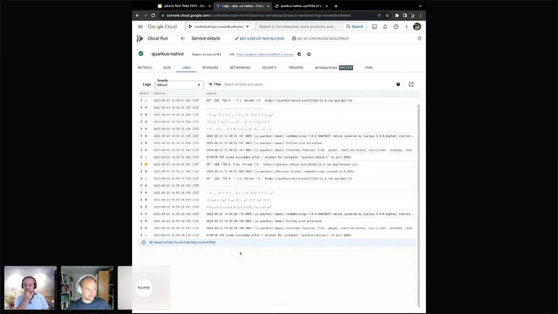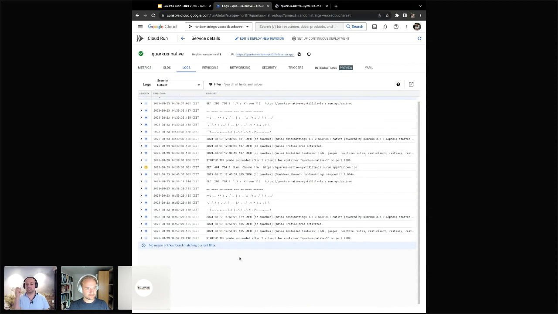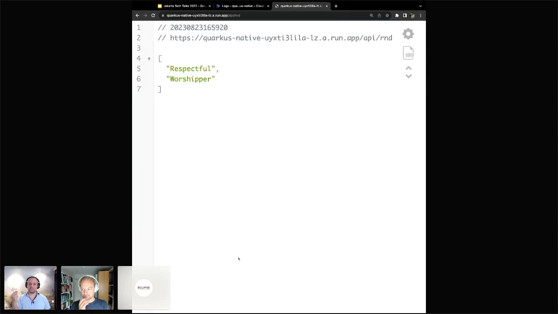And the thing is, think about what actually happens in the background. Something has to wake up and receive that HTTP request, try to figure out where it is supposed to go. Go to the container registry, pull that container image, find a place for it to run, start up the container, starting up the operating system or whatever the layer is in a container. Then that thing needs to start up the application itself. And then it has to actually process that HTTP request and send it back to the user. So there are quite a lot of things happening in the background that we don't really think about.